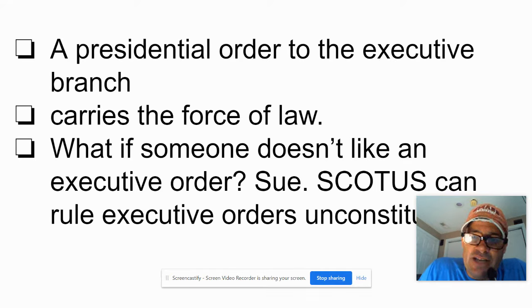The Supreme Court of the United States, or as we call it, SCOTUS, can rule an executive order unconstitutional. So this is a very common thing. Almost every single year, multiple times a year, the Supreme Court will rule on whether an executive order by a president is constitutional or not. You could sue on a law by Congress as well. It's actually much more likely that people sue about an executive order than actually get an unconstitutional ruling on a law passed by Congress. But of course that's possible too. All right, cool. So you always can sue.